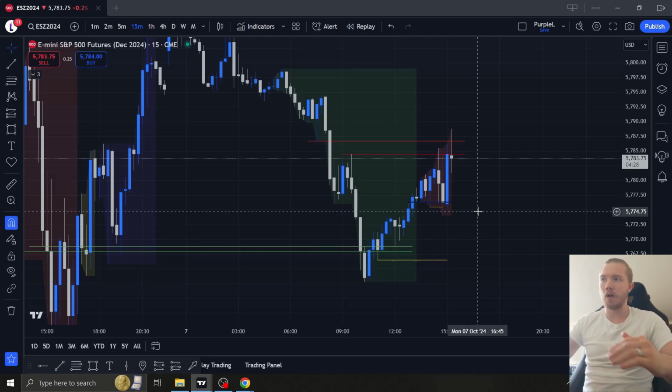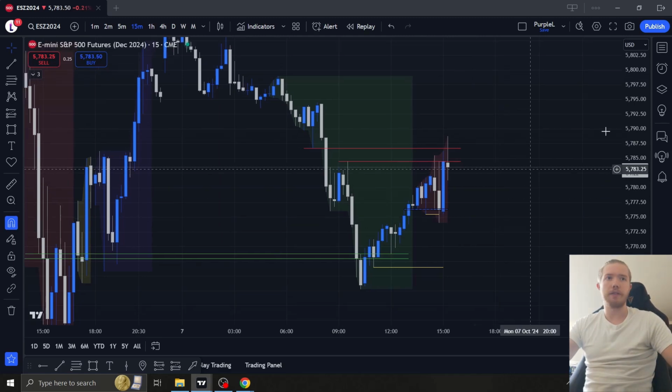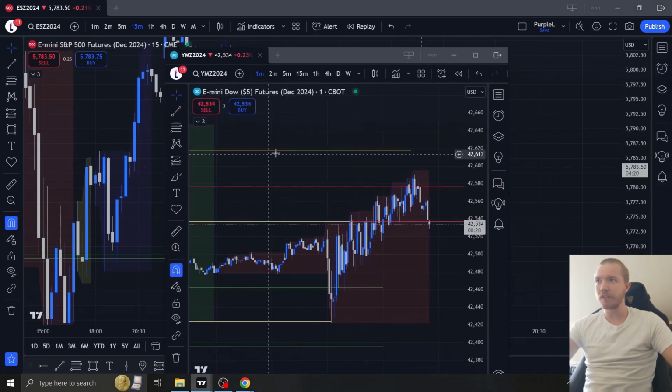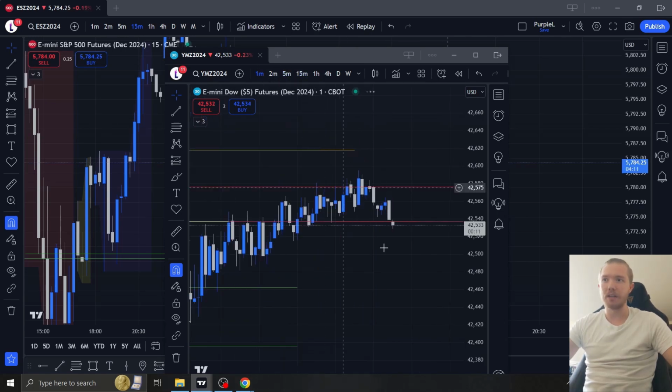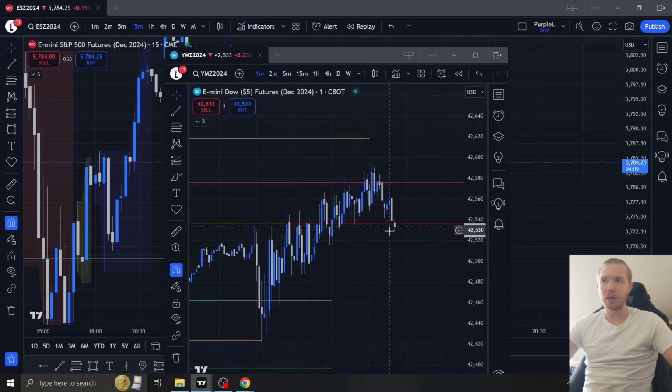For example, that's why you'll often hear the differentiation between a higher time frame bias and a lower time frame bias. I could have a higher time frame bias, for example, for Dow to move up into this high. I think that's pretty reasonable today. I'm not counting on it, exactly why I'm not trading it. However, lower time frame bias, you can see we're coming down here.